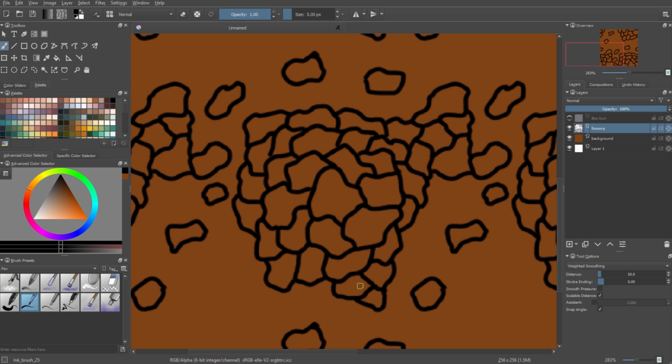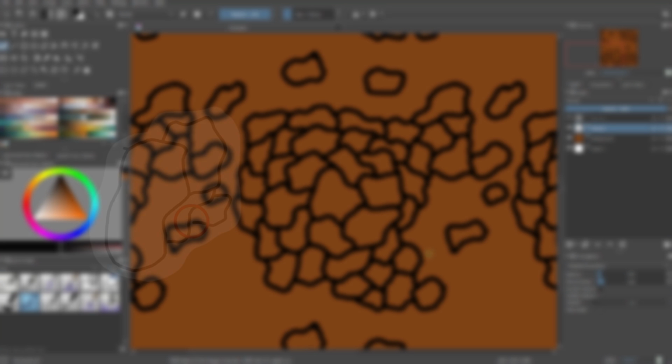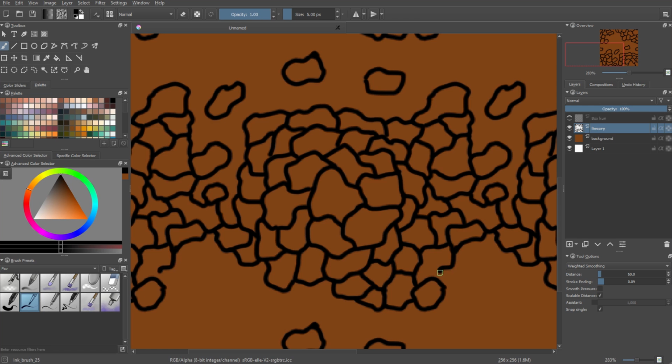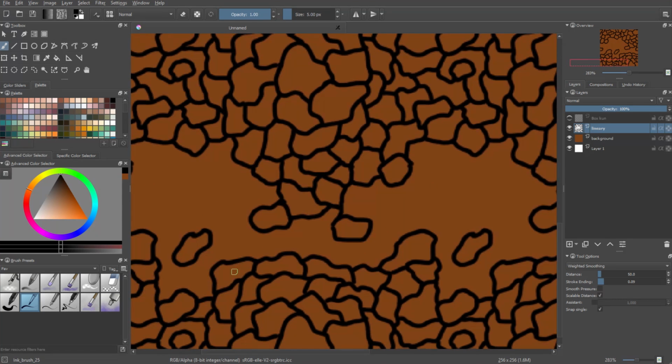Next, we have starting your line too late. As you can see in the same picture, on the right side, I've started the line too late and hence there's a gap. That gap doesn't look good because of how the rocks are. We are trying to show that the ground is made up of all of these cracks, and if there's a space within the crack, and that line just seemingly ends abruptly,